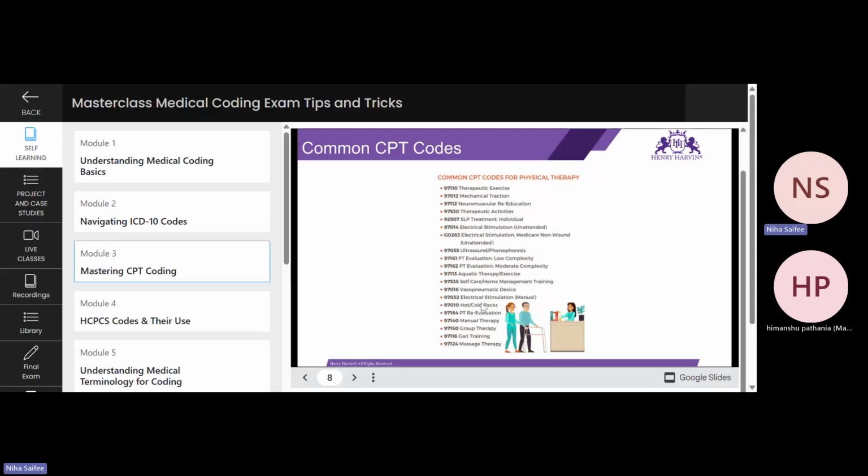These are the common CPT codes for physical therapy. Physical therapy is the same as physiotherapy. So you can have many codes: therapeutic exercise, mechanical traction, neuromuscular re-education, therapeutic activity, SLP treatment individual, electrical stimulation, Medicare non-wound. We have so many: ultrasound, phonophoresis, PT evaluations, hot and cold packs, self-care home management,